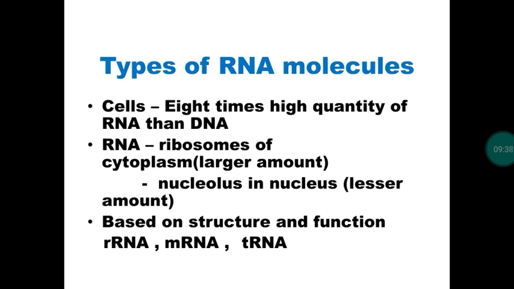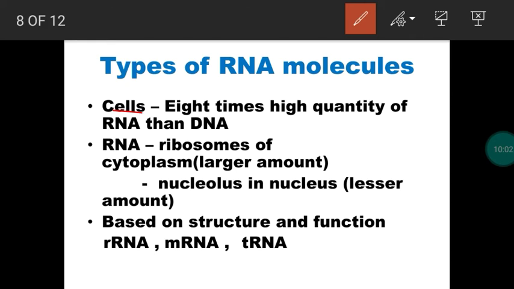Next, types of RNA molecules. So the structure of DNA we have completed. A probable 5 marks question. Next, structure of RNA molecules. This is also a nucleic acid like DNA, and this is present in larger quantity. Comparing with DNA, this RNA is present in larger quantity in the cells.